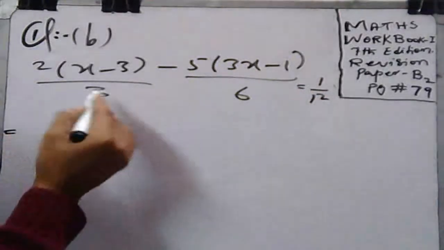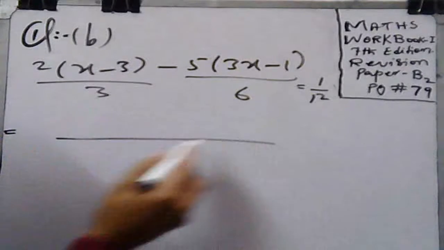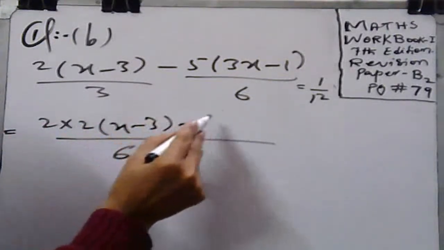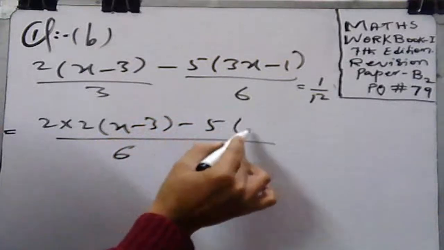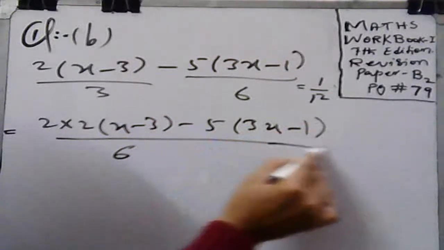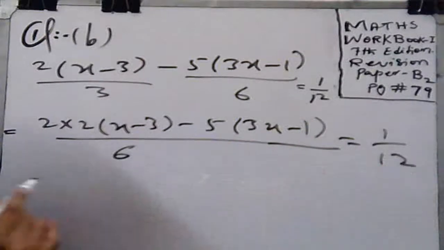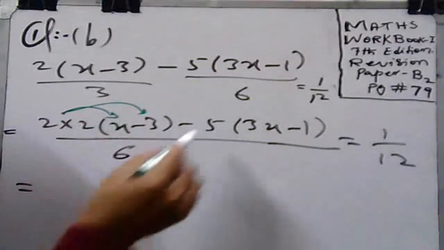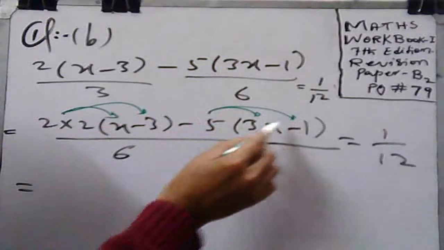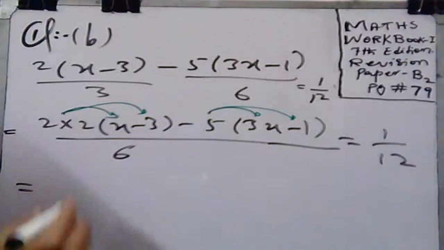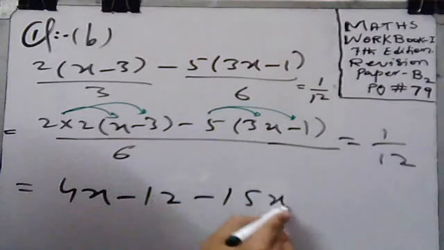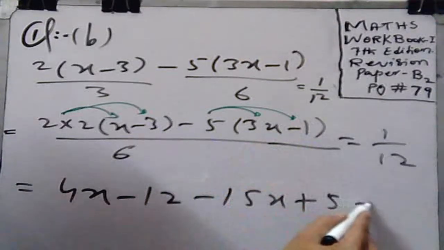On the left hand side, taking the LCM, 6 is your LCM, 2 multiplied by 2 into (x minus 3), 6 will be cancelled, so minus 5 into (3x minus 1) is equal to 1 by 12. So 2 2s are 4, 4 multiplied with this one, then with this one. Similarly the minus 5 will be multiplied with this, so after simplification 4x minus 12 minus 15x plus 5